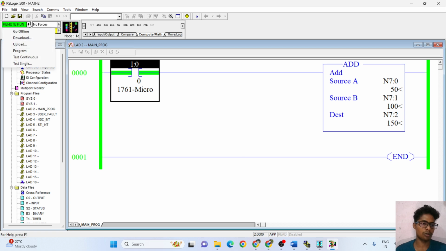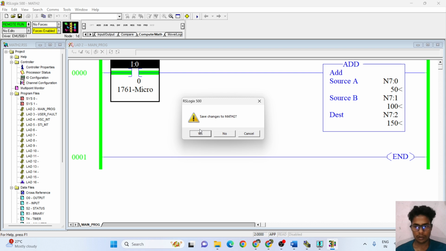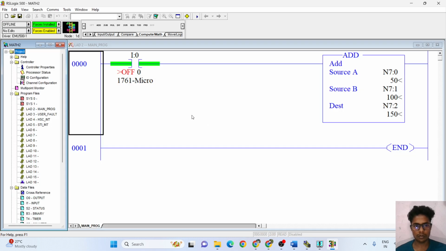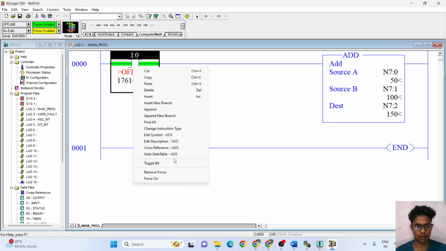So I have to go offline. Okay. Now I have to toggle it.